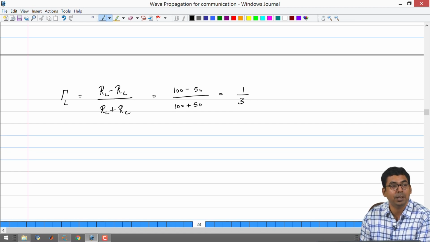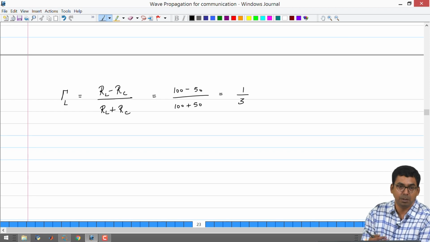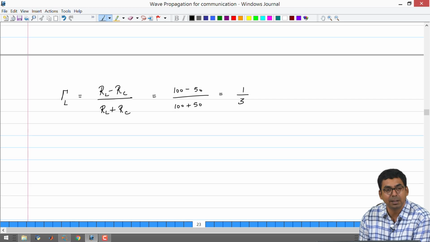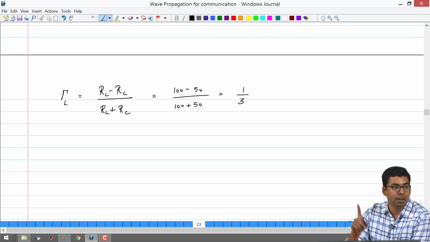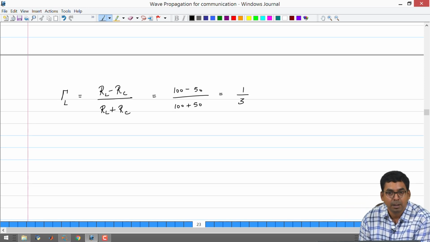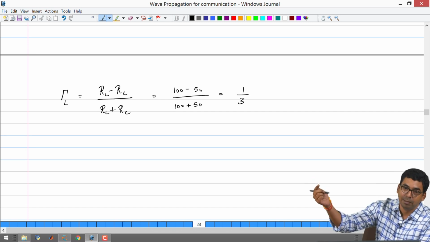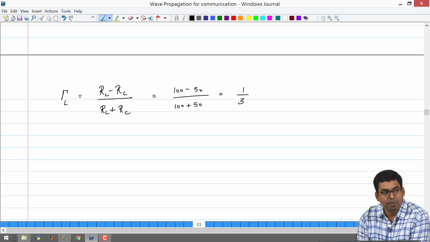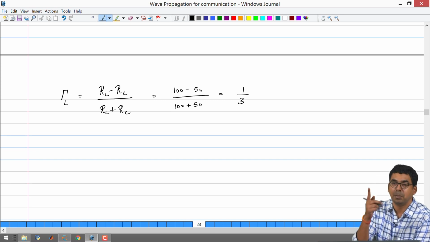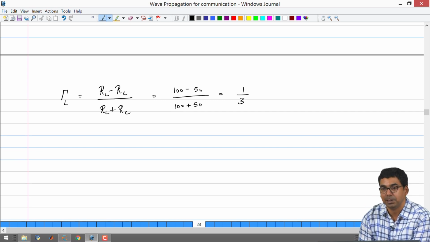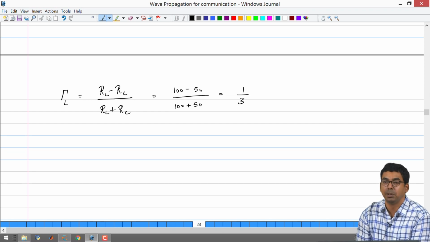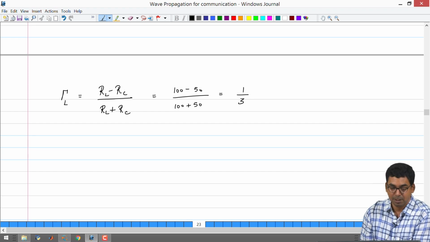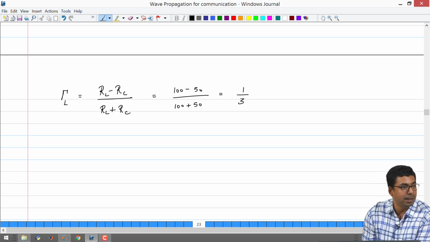Now there is one more question that we can ask that we have not seen. So the idea is to keep building up on whatever we know, right? Granted that we have calculated the reflection coefficient on the load end. Now there is going to be a backward wave traveling from the load towards the source. Is it possible that as it comes to the left hand side edge of the transmission line, again some portion of it will get transmitted, some portion of it will get reflected? So there is going to be a reflection coefficient on that edge also, right.